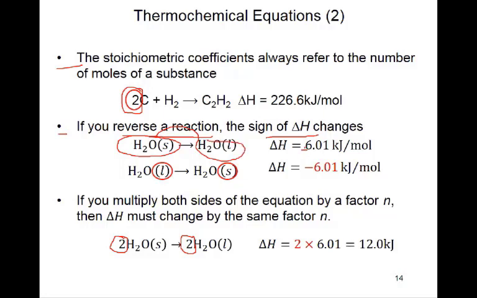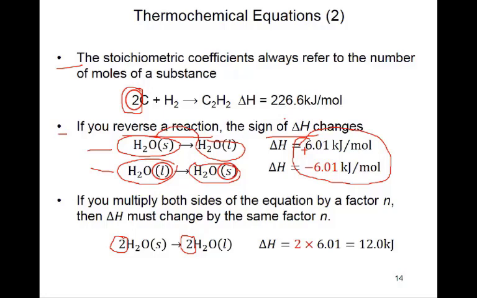Let me write the positive to make you understand. When you reverse the equation, the liquid water, when you freeze it, changes to ice, so solidification is taking place. These both reactions are opposite of each other. Number 1 is opposite of number 2, and then the sign is also different. It was plus, changed to minus. So if you reverse a reaction,